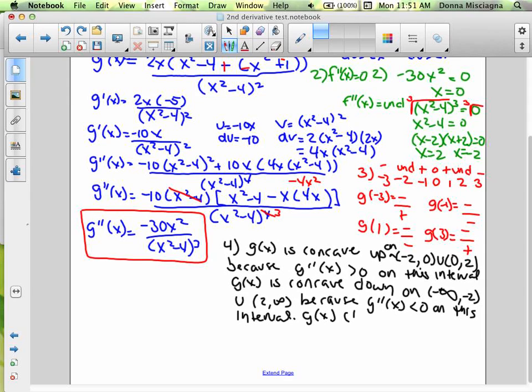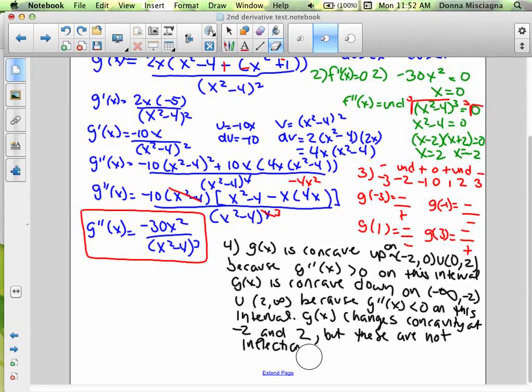G of x changes concavity at negative 2 and 2, but these are not inflection points. Not inflection points,